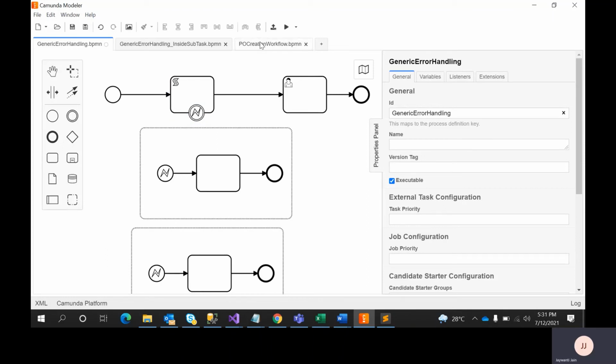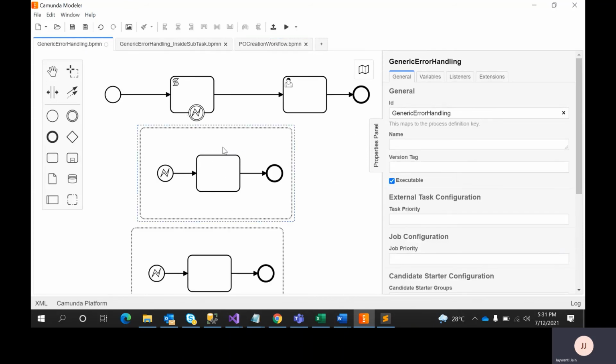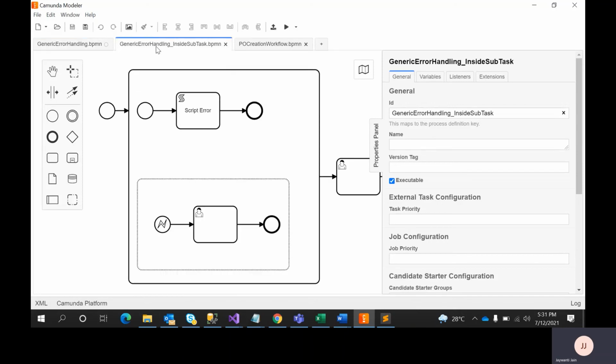When this is required is in the transaction boundary. Whenever you are using a transactions component, before canceling you need to add an error boundary, so it will come and cancel the transactions. So in this way you need a different error boundary. If you don't want to do a compensation, you simply want to revert, notify the UI through pusher, or do some activity log, you can have a generic error.